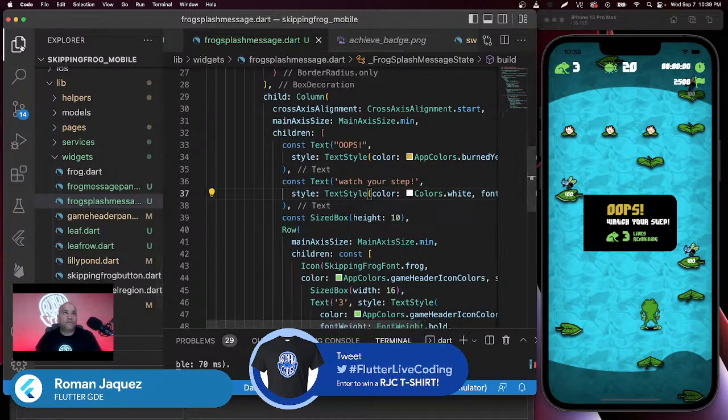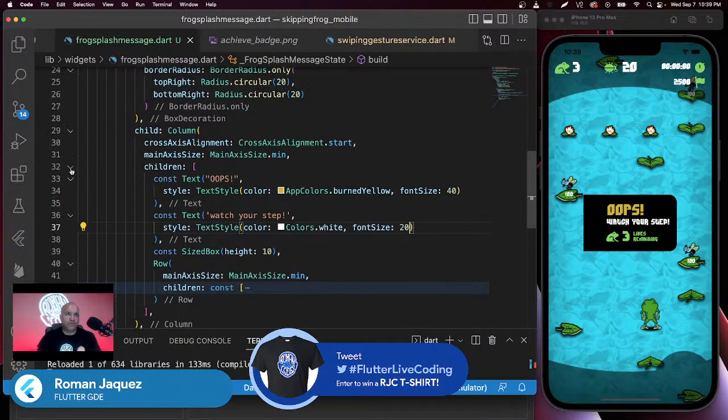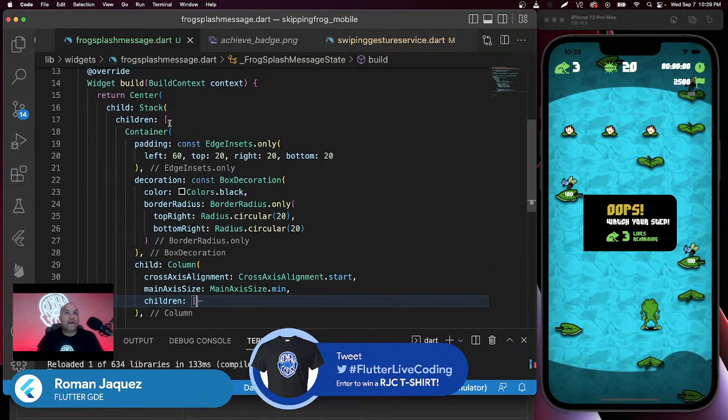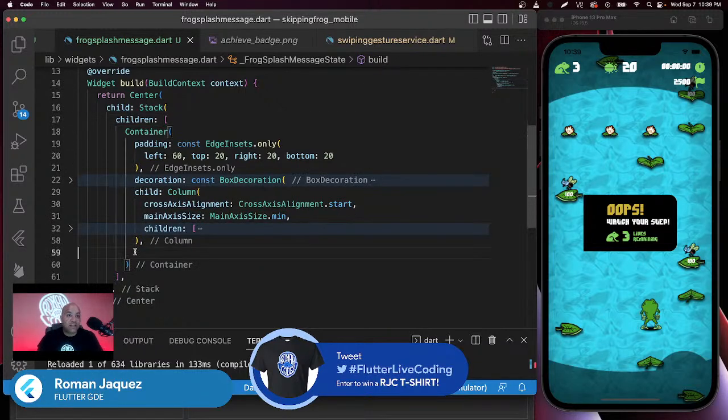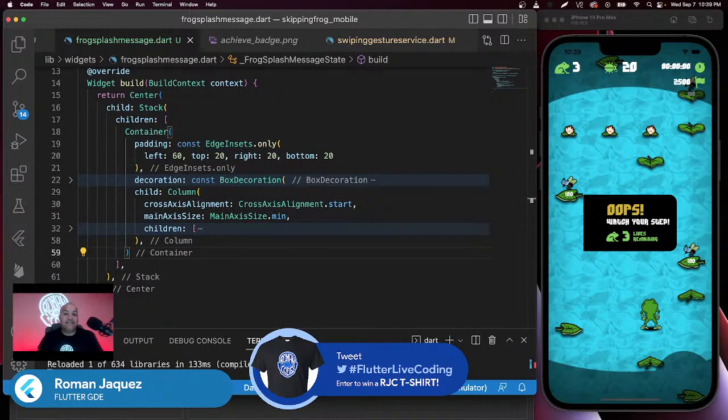So let's use that guy. Let's go back to our frog splash message. I already have my structure. You can even collapse it because we're done with this. Now what I want to add to my stack is that widget, that image. And it's going to be on top of that container. So it's going to be right down here. So I want to make sure that I'll say